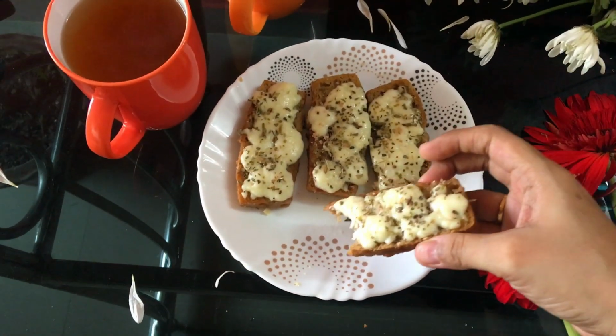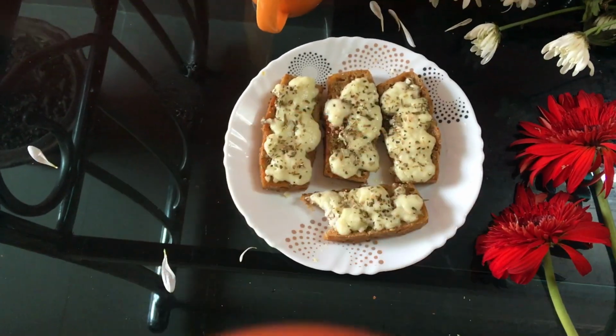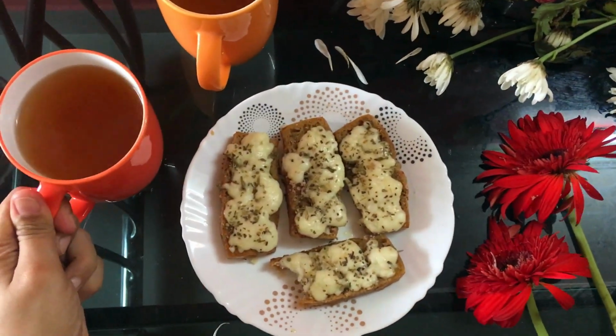You can use store-bought ingredients too, and if you try out these,